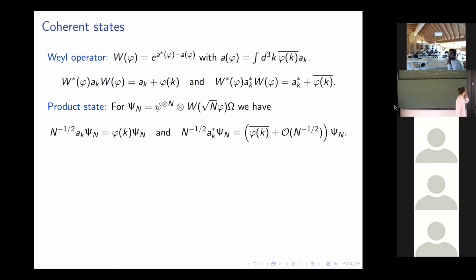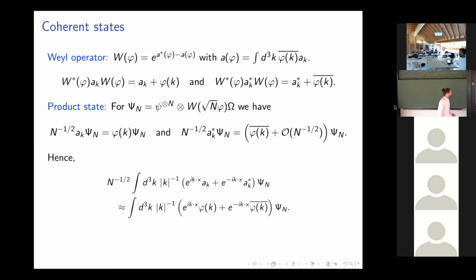However, if we let a scaled creation operator act on a coherent state with high occupation number, so to say, it is kind of an approximate eigenstate, because we get the complex conjugate of phi_k and then an error which is of order n^(-1/2), which arises from the quantum fluctuations. So if we then let the quantum field from the first slide act on the state, we can replace the annihilation and creation operators by a complex number, and in this sense approximate the quantum field by